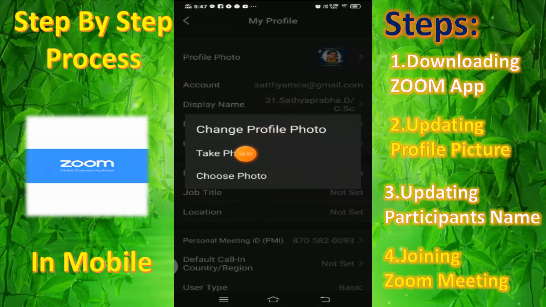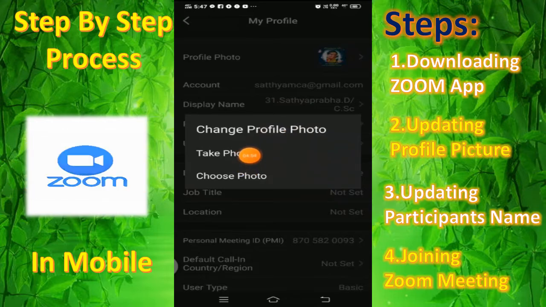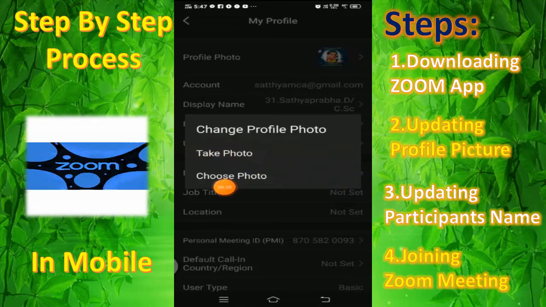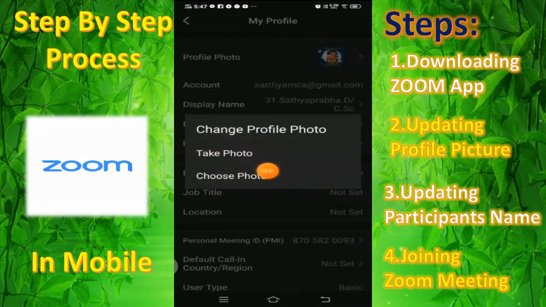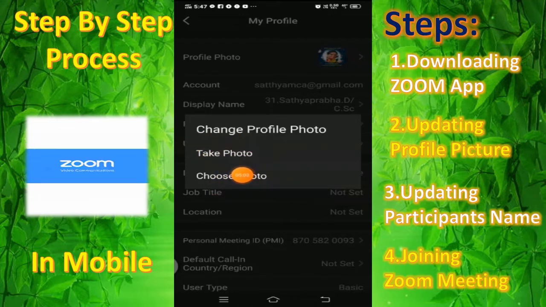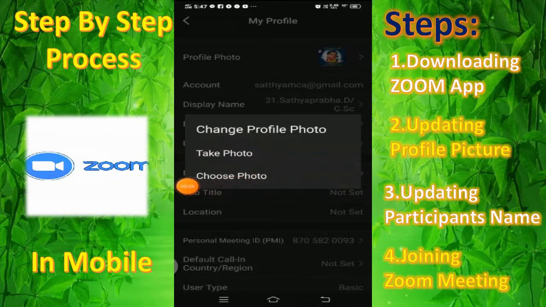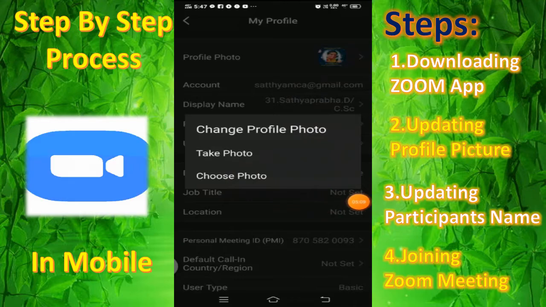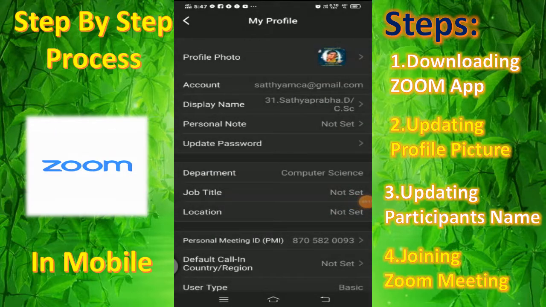Or if you want to take a photo from your camera, you can use the second one. Third one means you already stored the photo in your mobile gallery, so you can choose photo, choose the photo and update. So three options are there to change the profile picture.